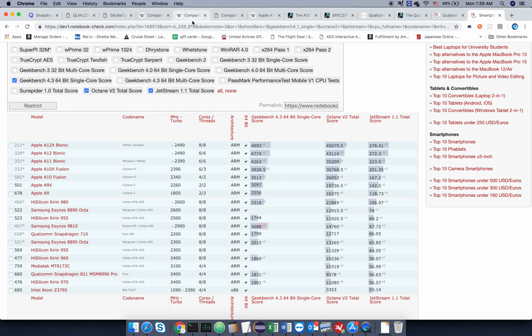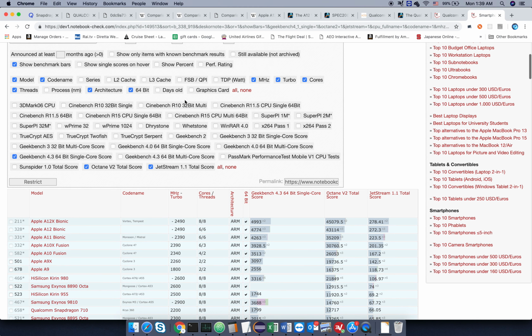Right, and then if you think about what is single-threaded, UI is single-threaded. So when you are swiping, that's single-threaded. If you do this, it's single-threaded. And JavaScript is single-threaded. So a lot of the things you do on a phone are single-threaded. What that means is if you have 8 cores, most of the time you will have one core working really hard, the other 7 cores staring at it.